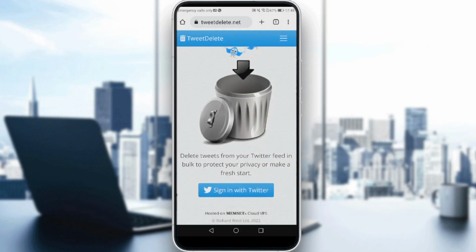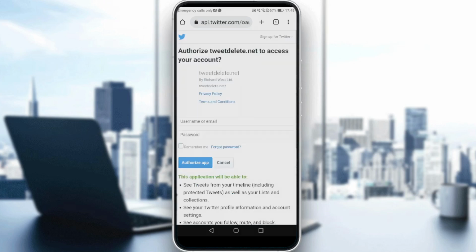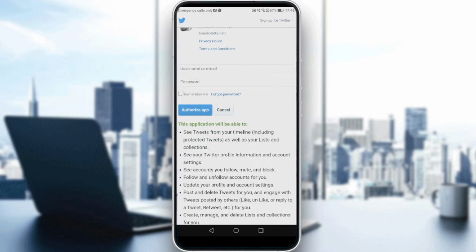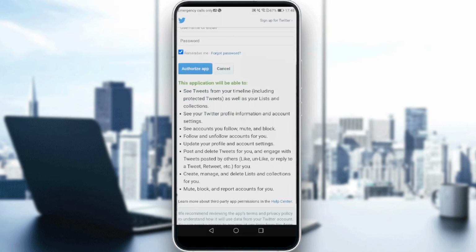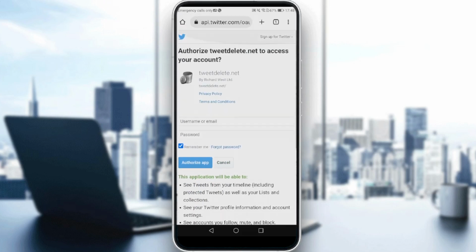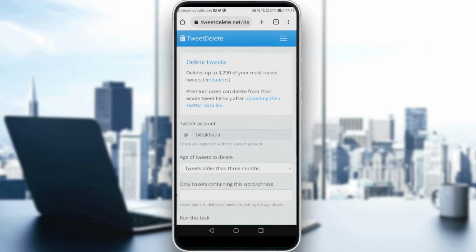So here, all you need to do is sign in with your Twitter. Just click on the blue icon. Then all you need to do here is type your username and password. Maybe if you want to remember your account, just check remember me. So let me just do that real quick and I'm going back to you. After typing your details, it will